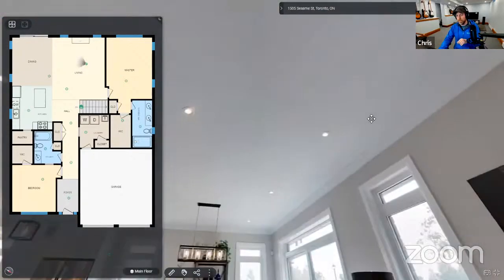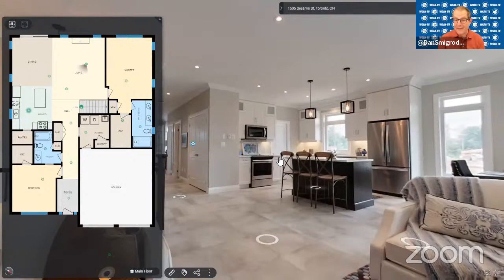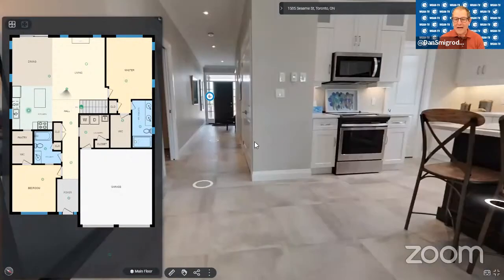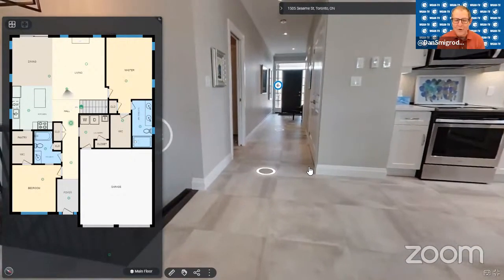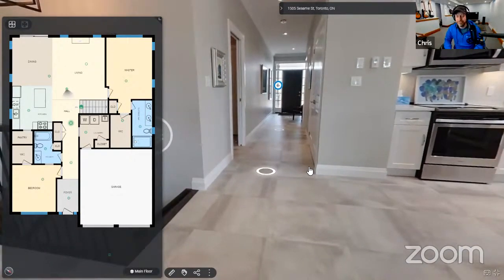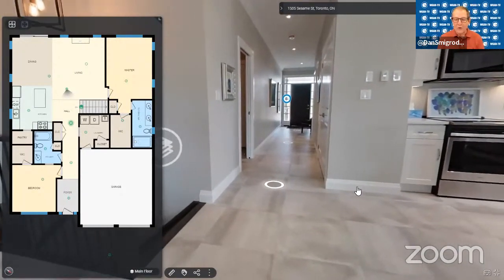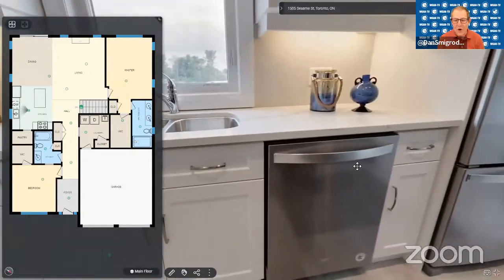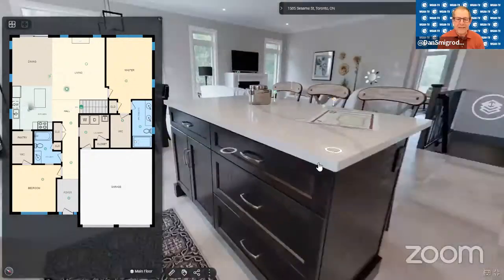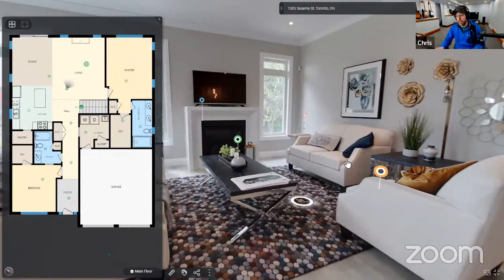Look at the ceiling. I do want to point out as you're walking around this house, it's a little bit herky-jerky, but that has nothing to do with iGuide. That's all about WGAN TV and the technology that we use to do this screen sharing, et cetera. So know that it is a very silky smooth walkthrough experience with the iGuide. That's right. Let's not blame my shaky hands either.